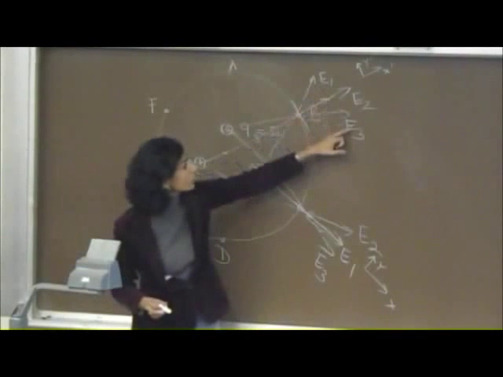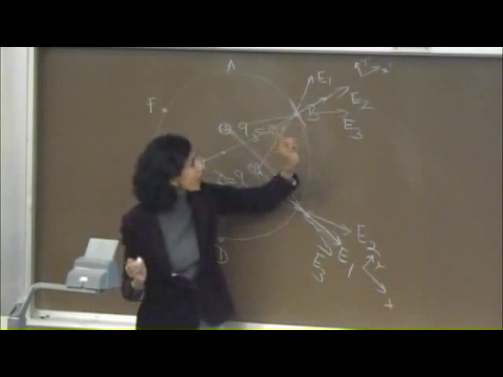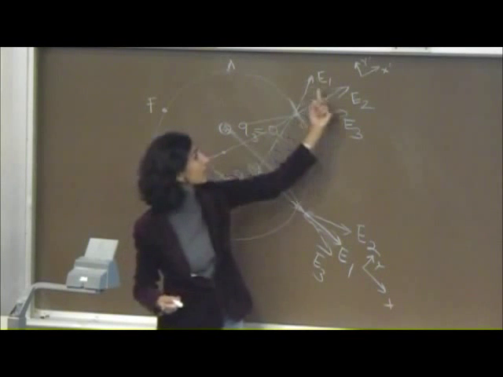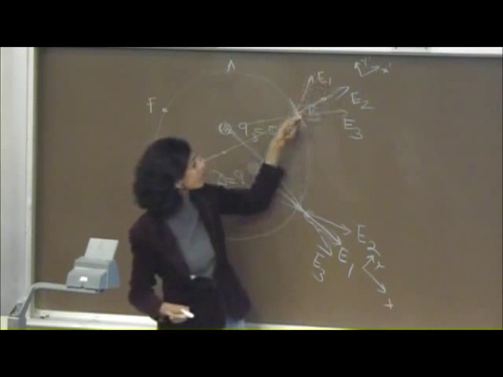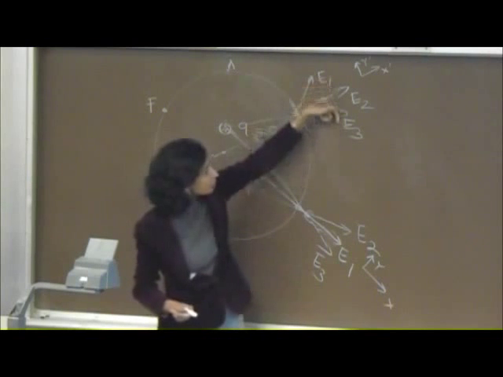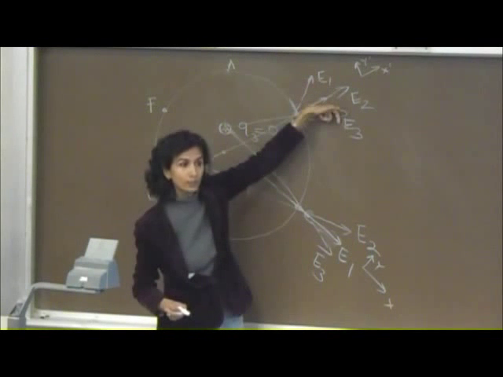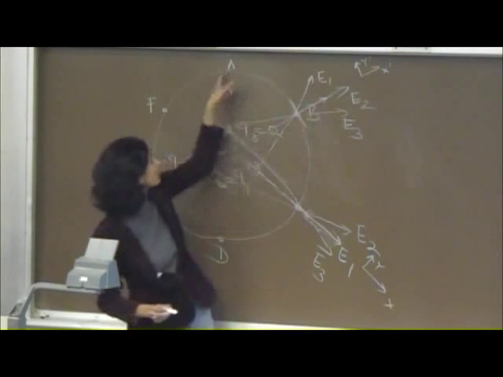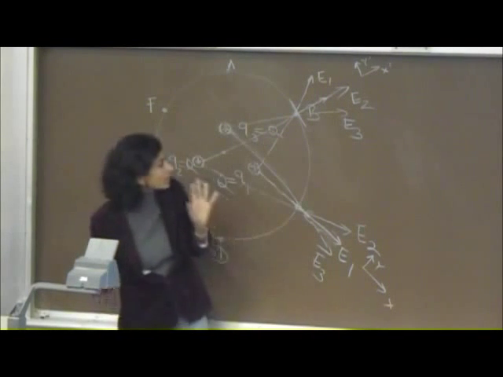So I know E1 and E3 will have the same magnitude, but when I look at the components, the component along this direction survives. This perpendicular component will cancel with the component of E3 that is pointing like this, right? In the y prime direction. So it's true that all of the electric field at these 6 points will be radial,